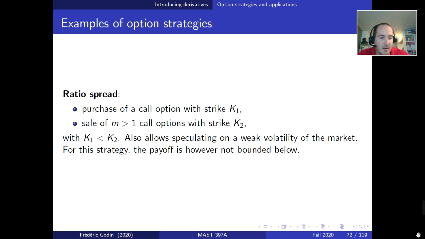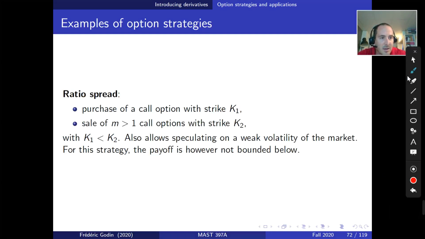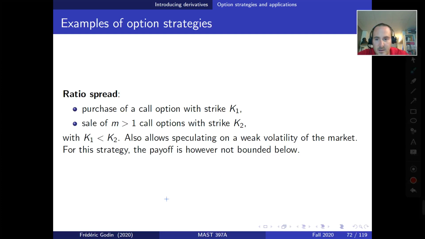function, but let me take the pencil here. The payoff function looks like something like this. Okay, so it has a zero payoff, then suddenly at K1 it goes up with a slope of 1, and then at K2, so this is K1, and then at K2 here, on this part the slope is 1. Sorry, it's not very well drawn, but at this part here it starts going down, so it might go like this, but the slope here will be